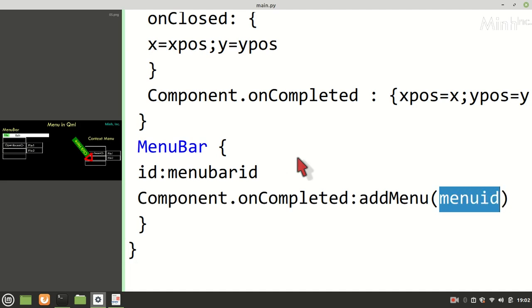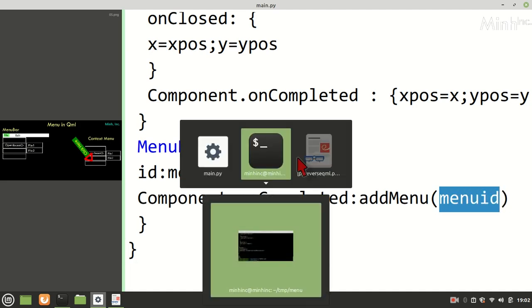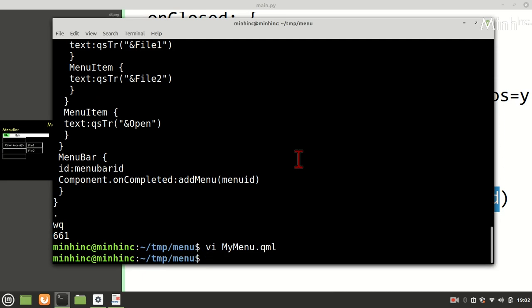So both places. Now we can try executing it. So we'll copy main.py, generic main.py.